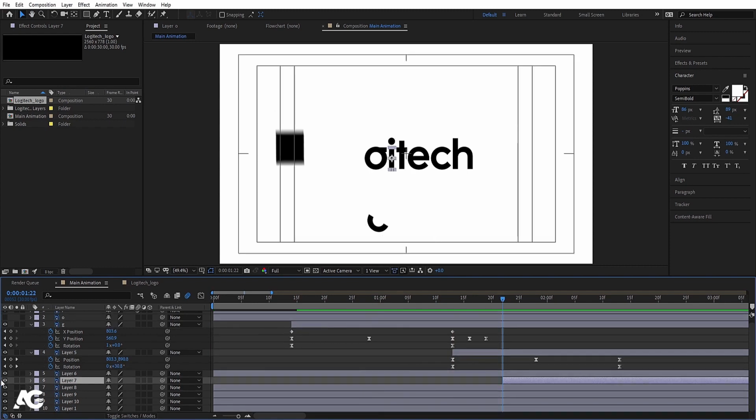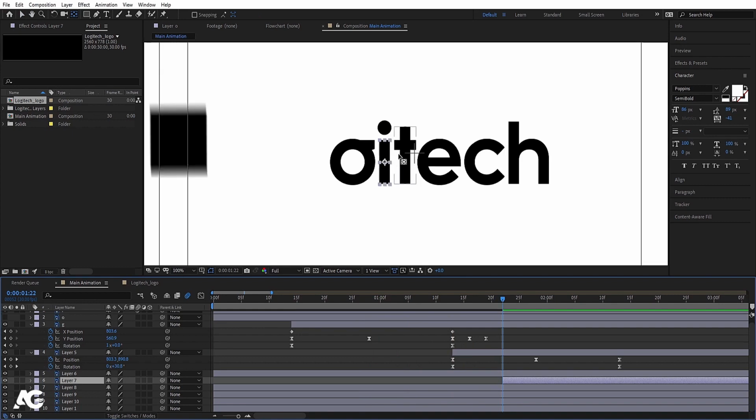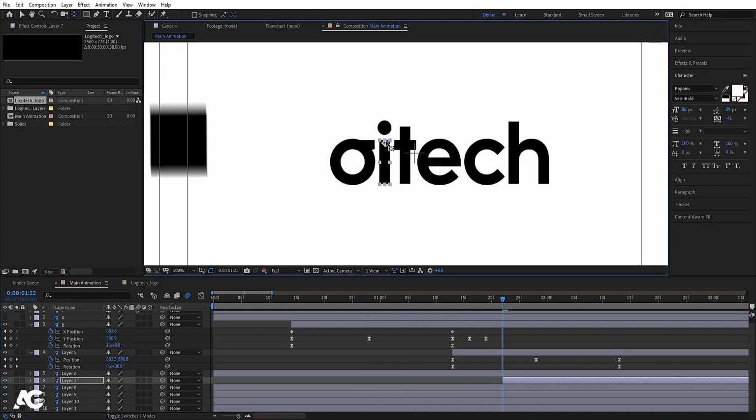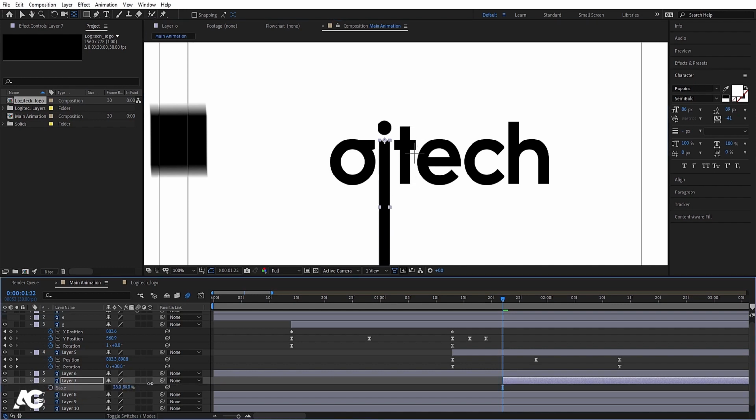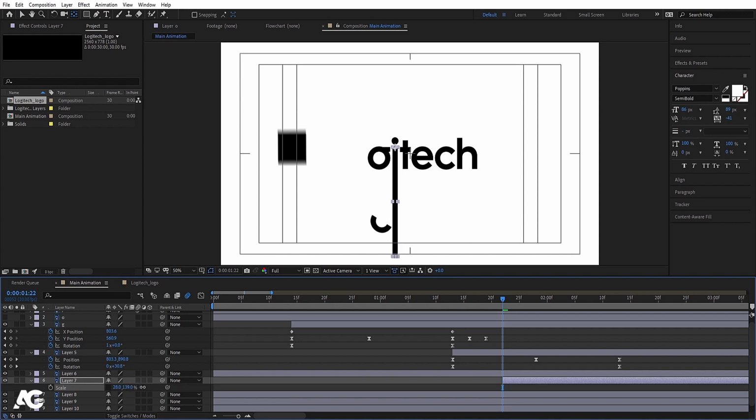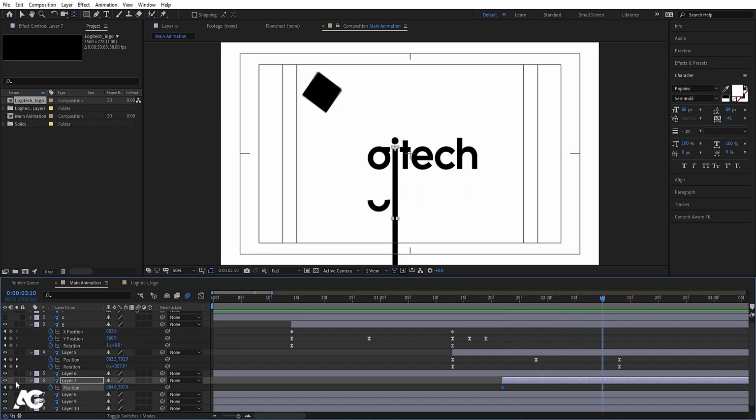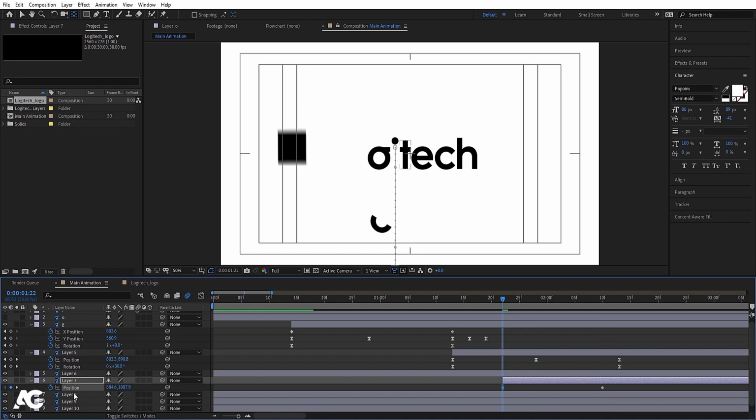so I'll move this over here, I'll press Y on my keyboard and I'll move this anchor point over here. By holding control it will snap automatically, press S, unlink this, and let's increase the size of it like this, and select this, press P for position. Let's create one keyframe, go a few frames forward, create another keyframe, go over here, and let's bring this downwards like this. Select those keyframes and hit F9,